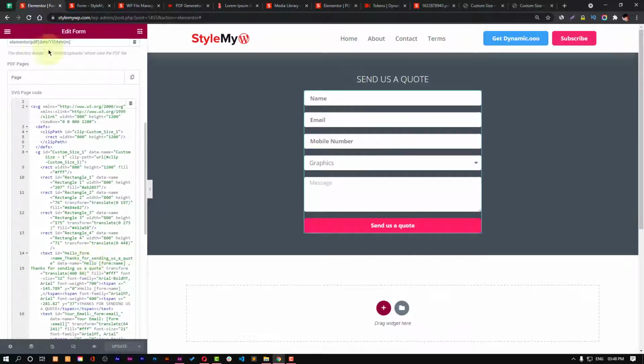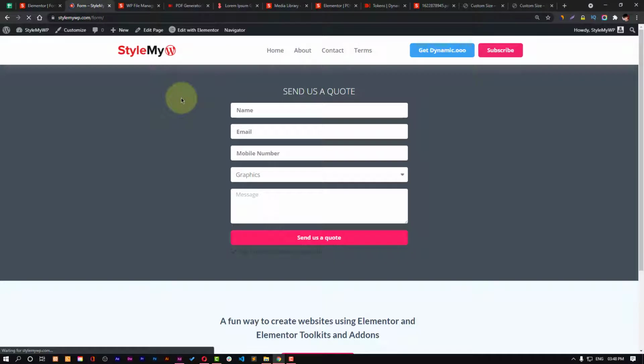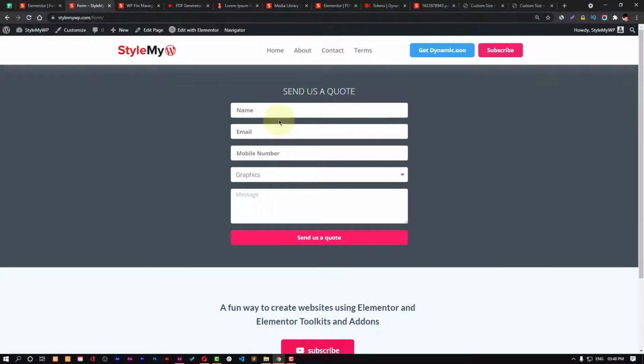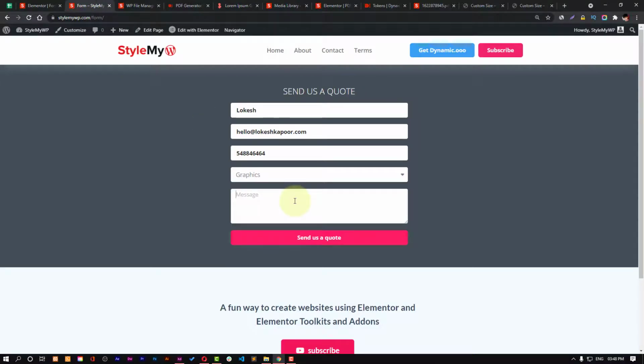Looks good. So now let's fill our form once again. I will use a name, Lokesh, email hello@lokeshkapoor.com, number anything, and graphics, the service, and here's my text.